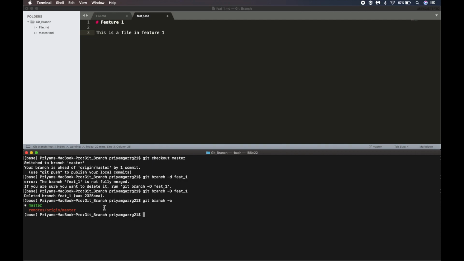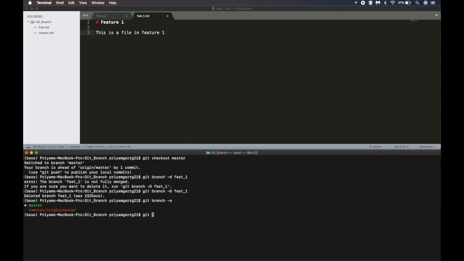Okay, so as you can see, to create a branch and go to that branch we have to use two commands, that is git branch and the name of the branch, and then the command git checkout. I will tell you the shortcut to do it in one line only. So how do we do it?